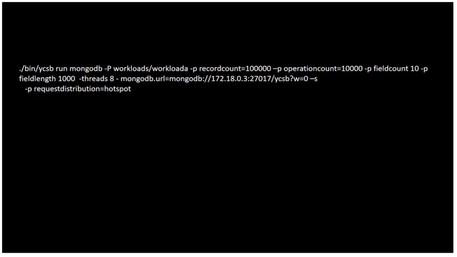This is the YCSB executable. This is run, which means we want to perform operations in the running phase. This is the database name on which we want to perform the experiment. This is the workload that we want to execute. Here we are using workload A. For workload B, we will use workload B. For C, we'll replace it with C. For D, for E, so we'll be changing the last letter.